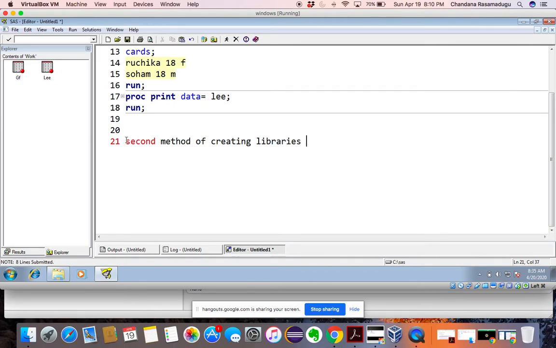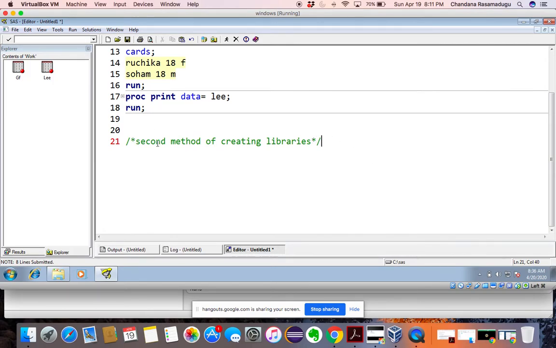In yesterday's class, I told you that if I want to write anything in the editor window, I have to use slash star, and star slash at the end.